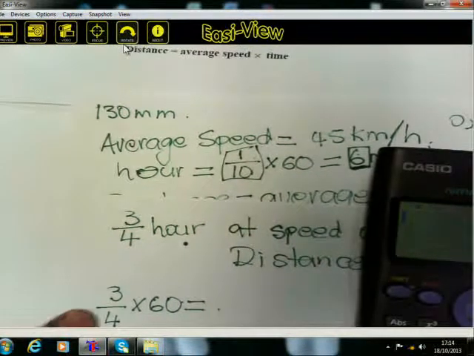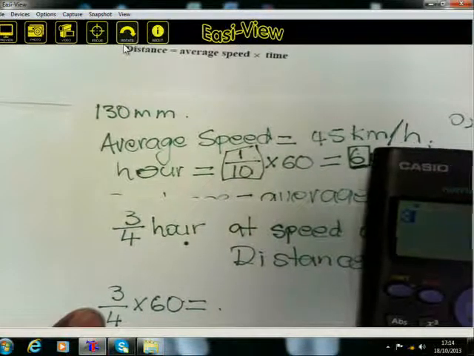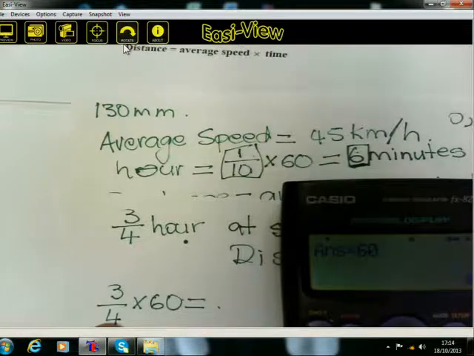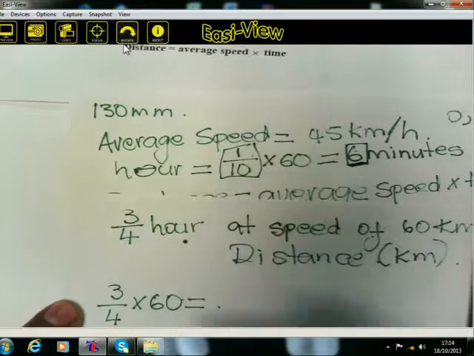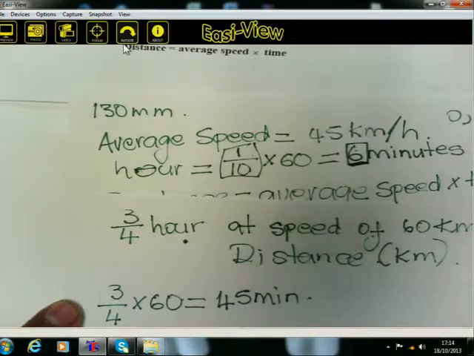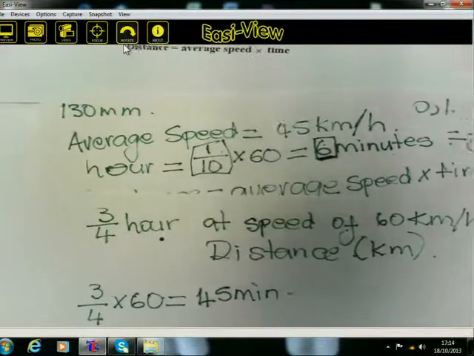Which is 3 divided by 4 multiplied by 60 equals 45 minutes. Therefore now we say here distance